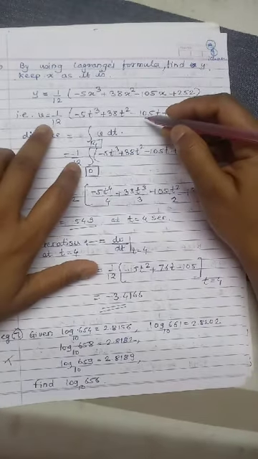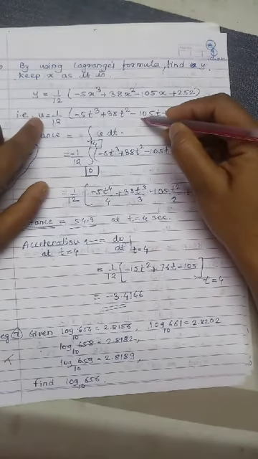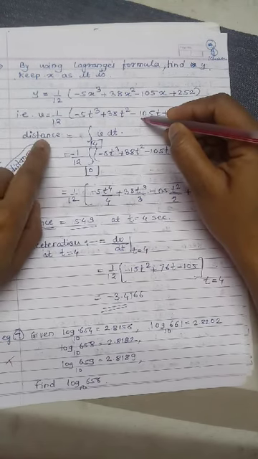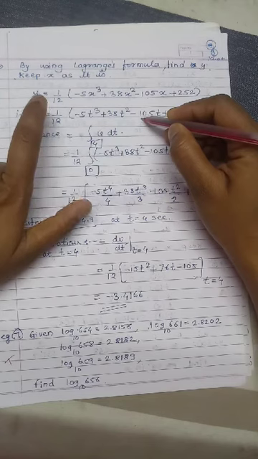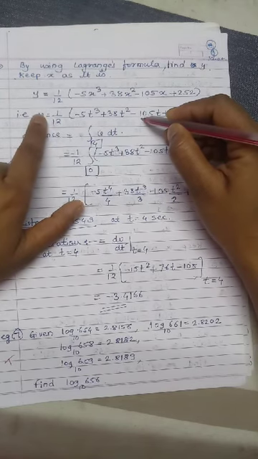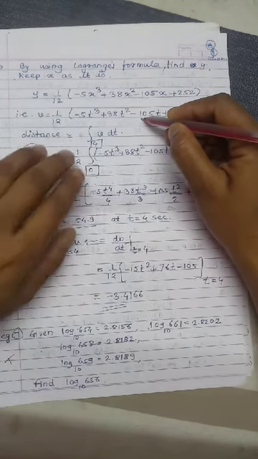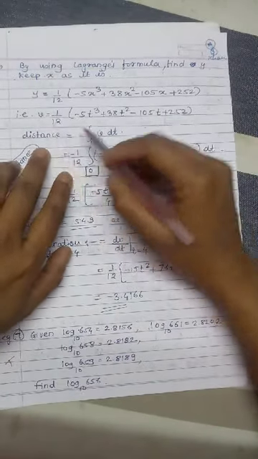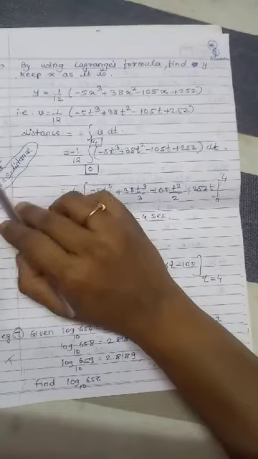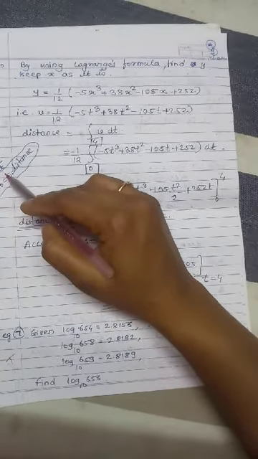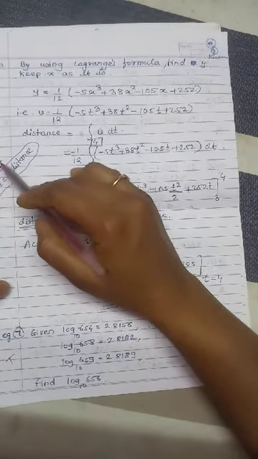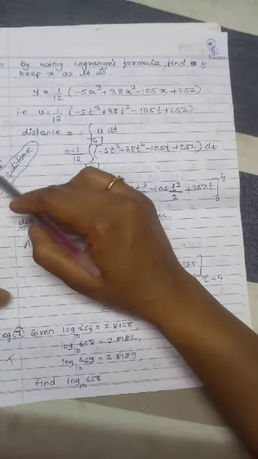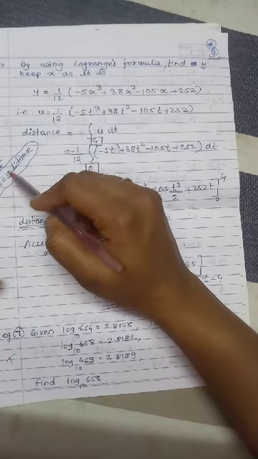So here by using Lagrange's formula we can find the value of v, but we ask distance, not the value of v for given time. So we have asked the distance at time t equal to 4 seconds. So distance means what? We know velocity equal to ds by dt, that is change of velocity means change in distance with respect to t.